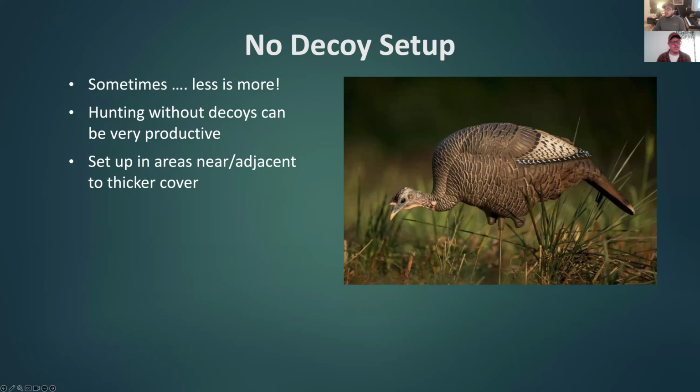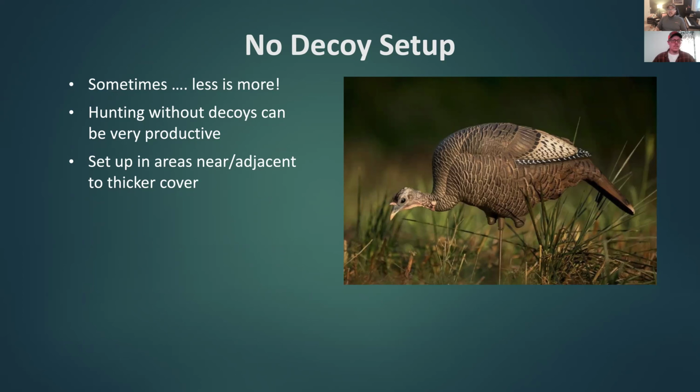Now, one thing I guess we should say, right up front when we're talking about not using decoys: you want to be in an area where if a turkey was present, an approaching bird would not be able to see it. So let's say I was in the middle of my front yard, mowed grass, just sitting there calling all day. If I didn't have a decoy, a turkey's going to again be like, why am I not seeing what I'm hearing?